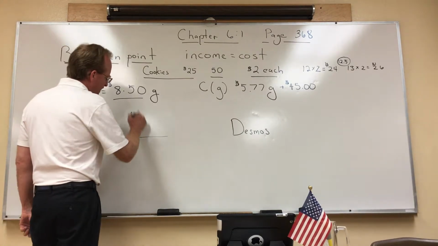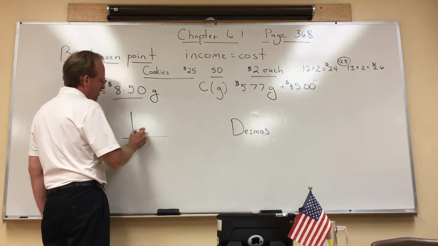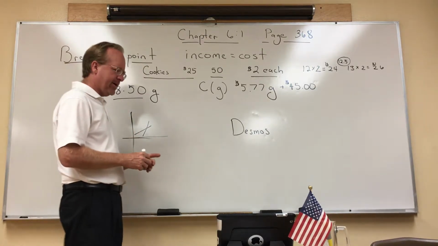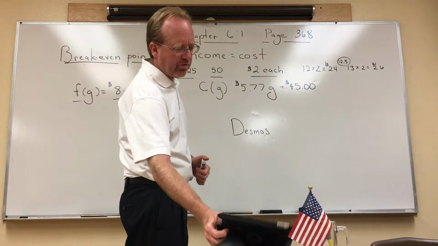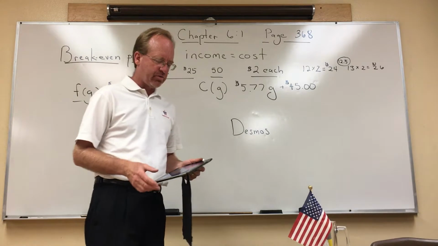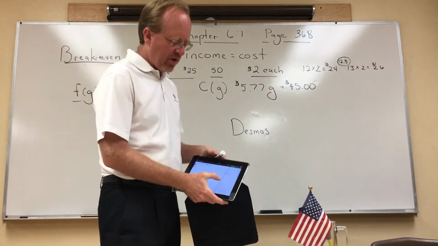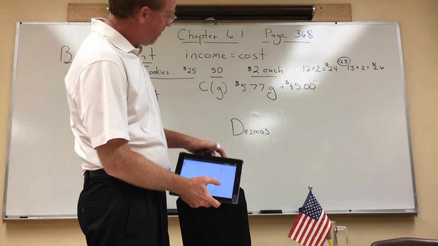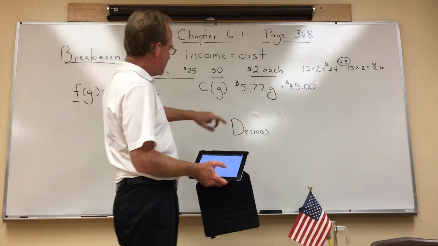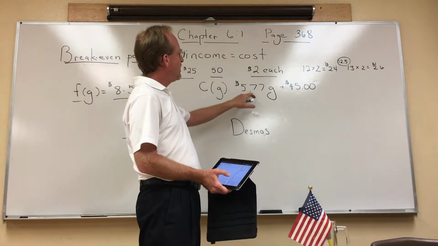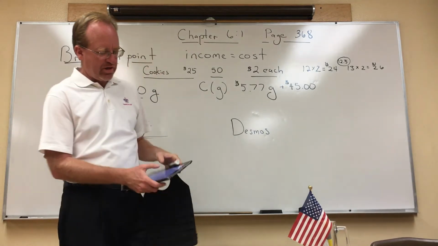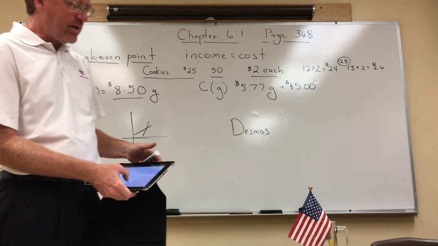Well, if you graph that, and they give you a little box on the bottom, and you can kind of graph it, but the box they give you isn't that great. It's pretty small. You could have an easier go of it if you put these two functions into your Desmos, which we talked about earlier. And if you do that, if you put in function of x is $8.50, and then on your second one, function of x is $5.77x plus 45, you're going to get two lines running, and they cross at